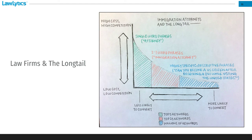So how can a small law firm rank for those kinds of terms? And the answer to that is by adding those terms to a long tail keyword and using long tail keywords in specific places on law firm websites and blogs. So this quick doodle explains why long tail keywords are effective for, in this particular example, immigration